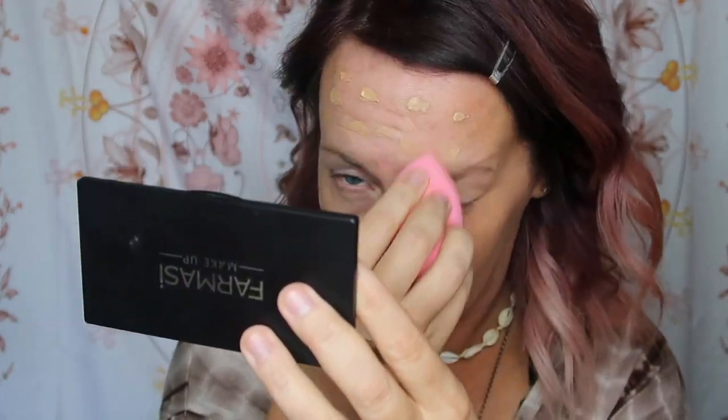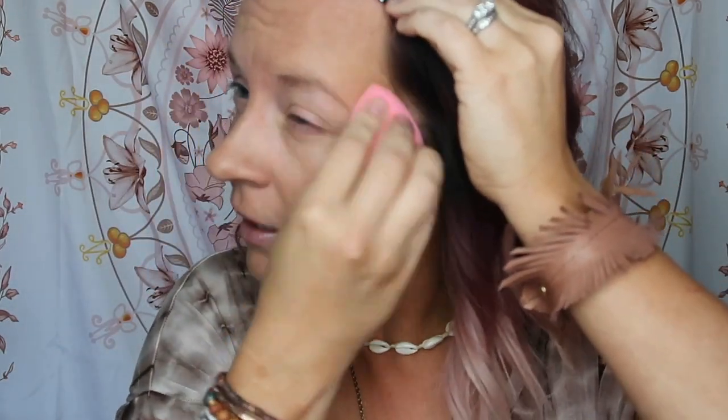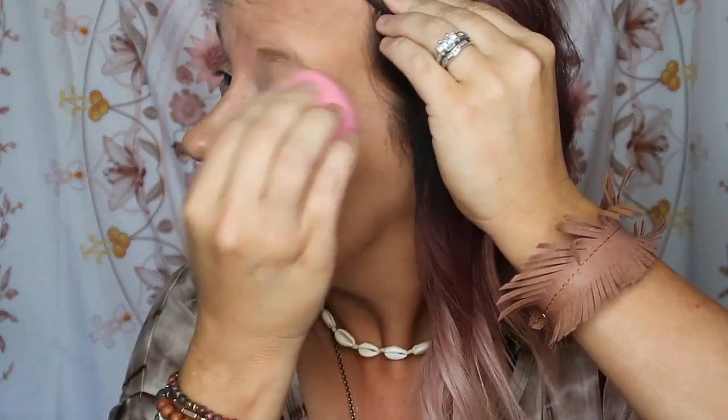I do feel like, I'm not used to just applying product straight to my face, I feel like the coverage isn't quite as full. But that could be because of the amount that I put on my face, because I'm not used to just dabbing it like that. But it definitely blended really easily. It's super soft, guys. Like, I can't even stress how soft this sponge is. I'm just gonna apply just a tiny bit more, but as far as the blendability of it, it's honestly no complaints. I just like a little bit more fuller coverage